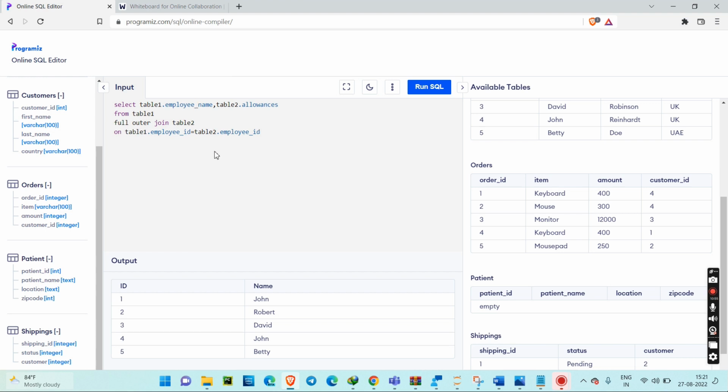Okay, so now we will discuss our self join. Let's move to self join. So how is a self join formed? You already know that a self join is nothing but the join between,